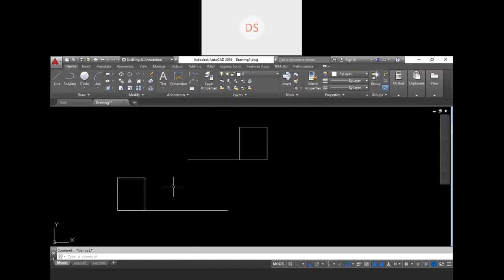Okay, so after copy, next we have the rotation command. If you want to rotate your object, then see, the procedure is the same in all the modifier tools, right? In the move, copy, next we have rotate. So RO, enter, then select your object, enter, and base point. Now over here the selection of your base point is very important. Why? Because whatever point you are specifying is a base point, our object will rotate around that point.